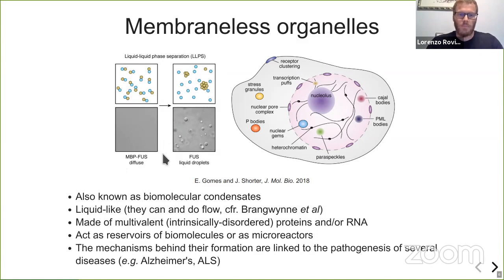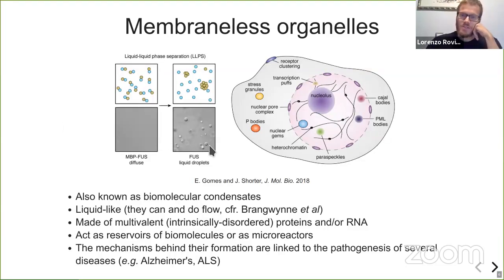If you have this complex, MBP fused, which are two proteins, then nothing happens. Essentially, your system is homogeneous. If you cleave the bond between the two, you'll see these droplets coming out. This is just because the fused proteins will start to aggregate. This is how liquid-liquid phase separation in proteins looks like. You'll see really droplets.